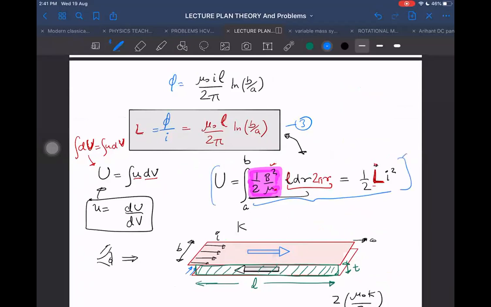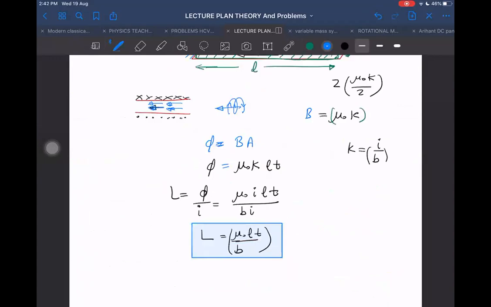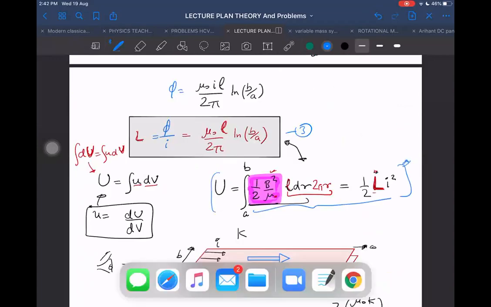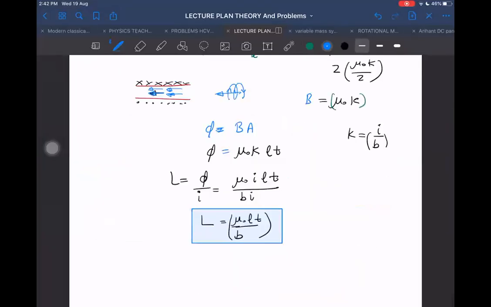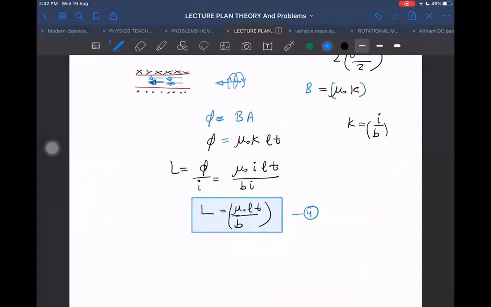I am suggesting you do some work here, right? 3 formulae so far, I think 3. And the last one is this one here, the 4th one. So in the same way we can get it for any closed current-carrying loop, wherever we can find it. Unfortunately, we can find the magnetic field only for very few cases, and I think the cases for which we can, I have nearly covered.